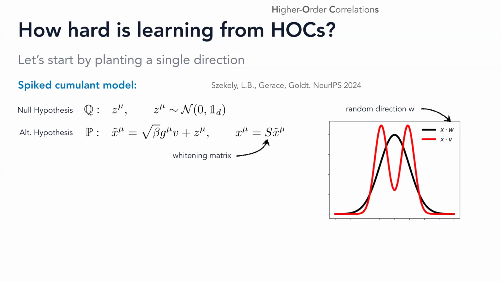So to show a plot. Our data set, if we look in any random direction, you will just see the black line. You will just see a standard Gaussian. If you pick the right direction V, which is the direction of the spike, you will see this bimodal distribution. But the mean is 0. The variance is 1. So to understand that this is not a Gaussian, you will really need the higher order properties, this bimodality of the distribution.